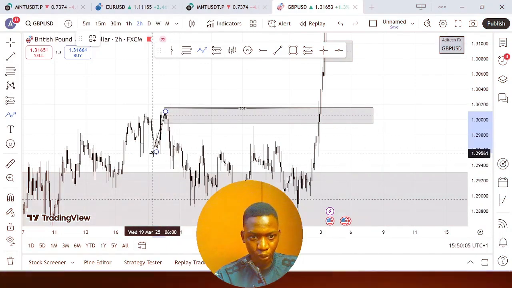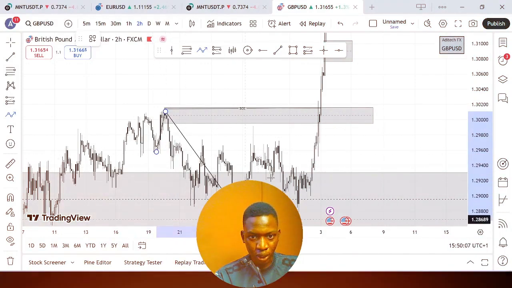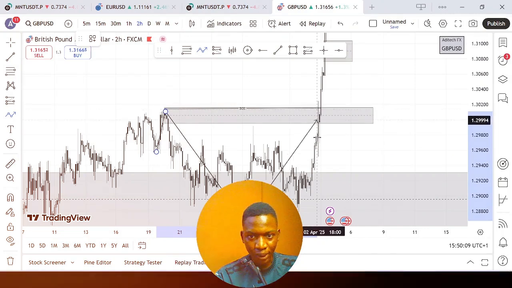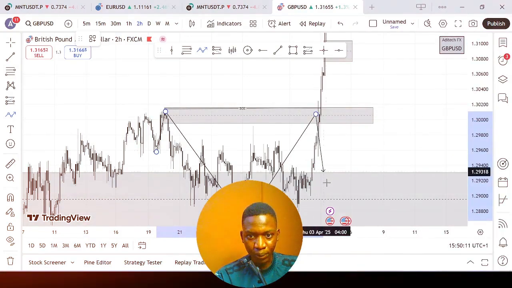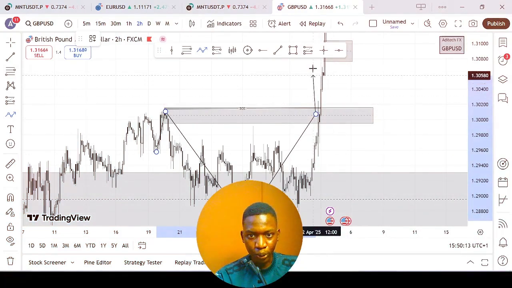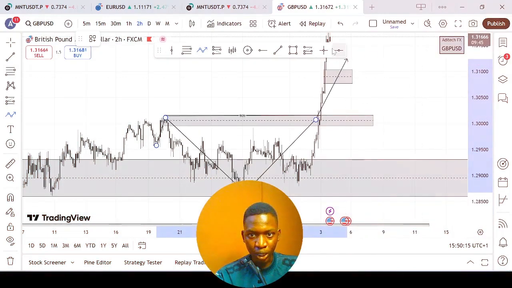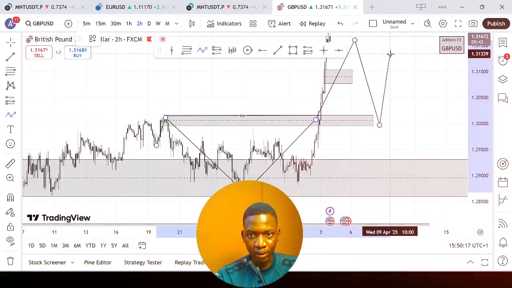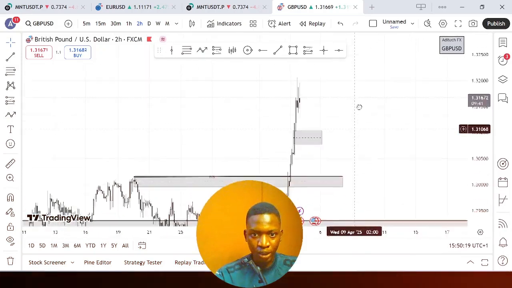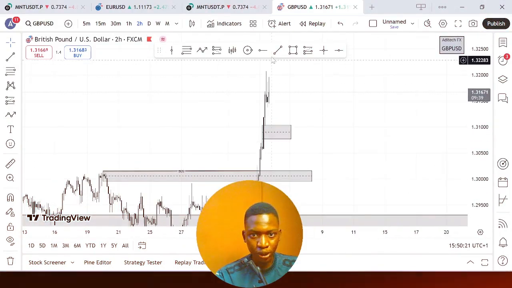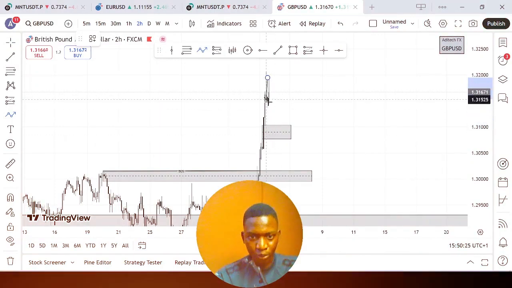Lower high, low. Price broke this low down, so we expected this one to be respected, but price simply broke it. So it should have gone to retest it before going. But let's just see. You should be looking for buying opportunities. Price can decide to retest this zone, but before you